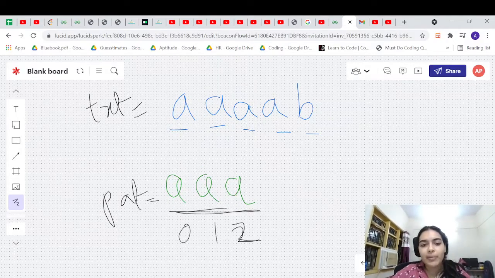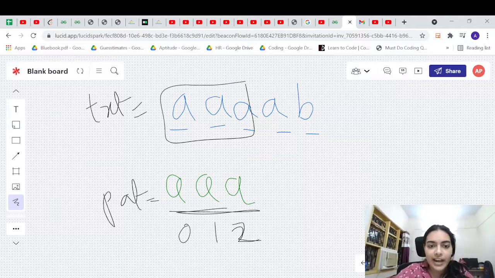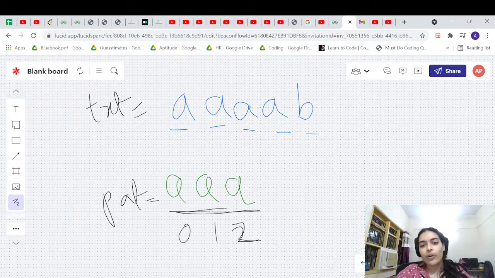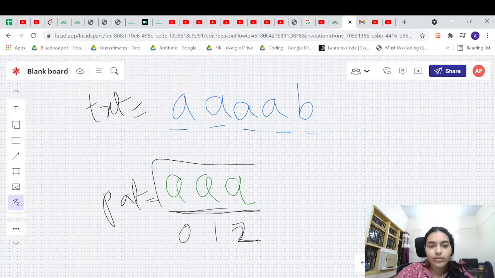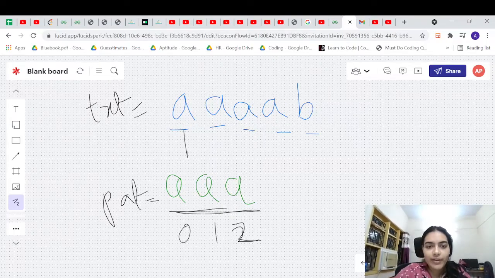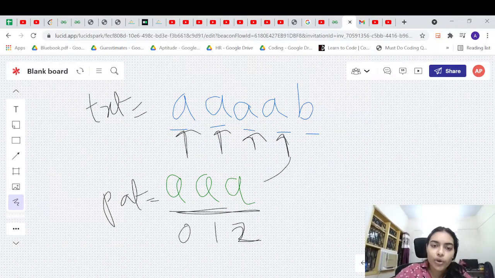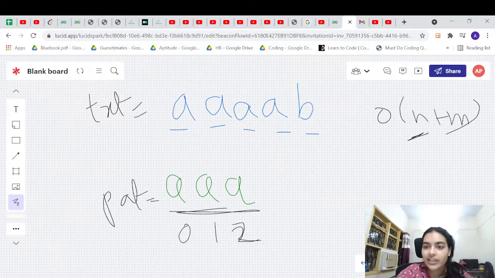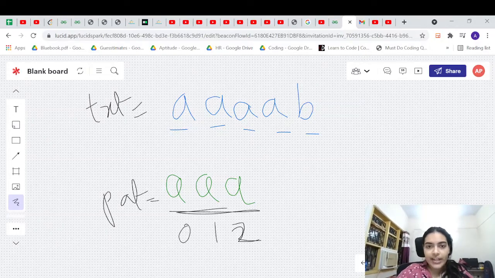You need not compare them again because already from the LPS array you knew that two characters were matching. So you'll just compare these two characters now. These two are also matching, luckily for us. So you know that the third character is also matching. So this block is also found, and two times you have found the pattern. Okay, so that is why whenever you are doing the iteration, you are never going to go back and repeat the iteration. You are always going to go forward. That is why it is O of n plus n, because you are just traversing the strings once. Okay, so that is the simple logic.